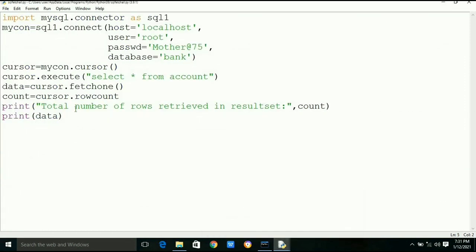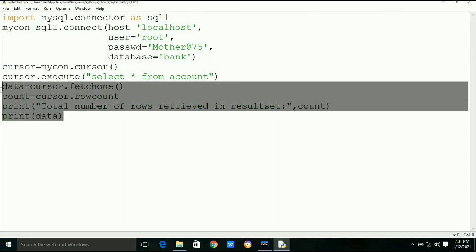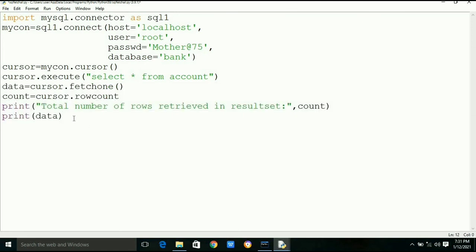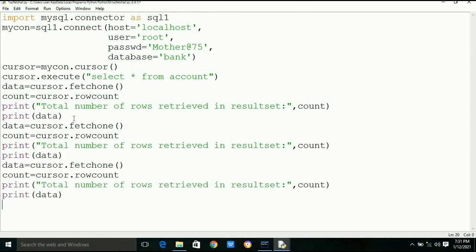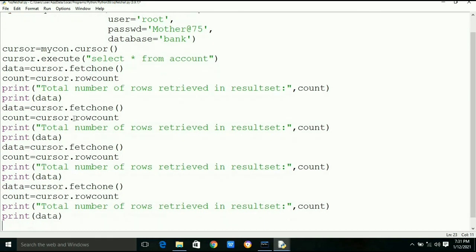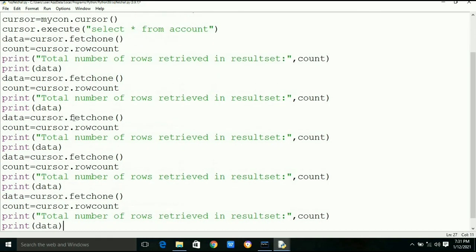Now one by one we will fetch all the records by writing fetchone 5 times. After extracting 5 records, there will be no records left, and then it will return None. In the first case, as you can see, the result is 1.